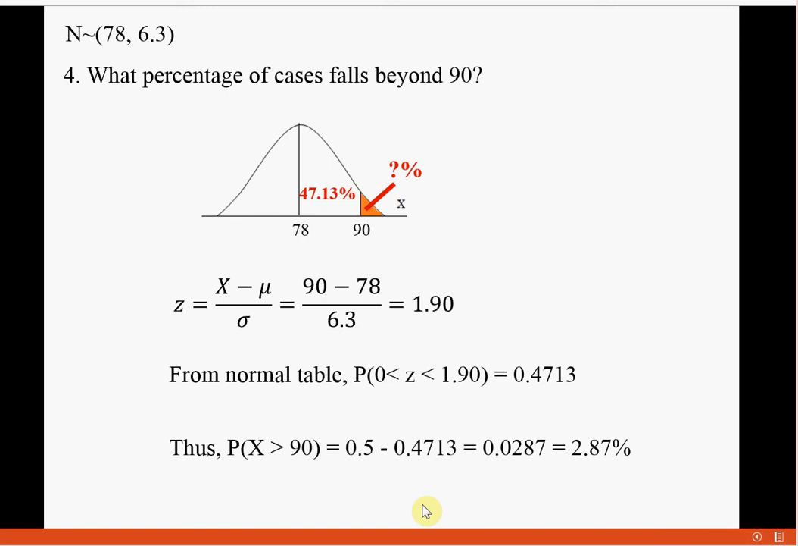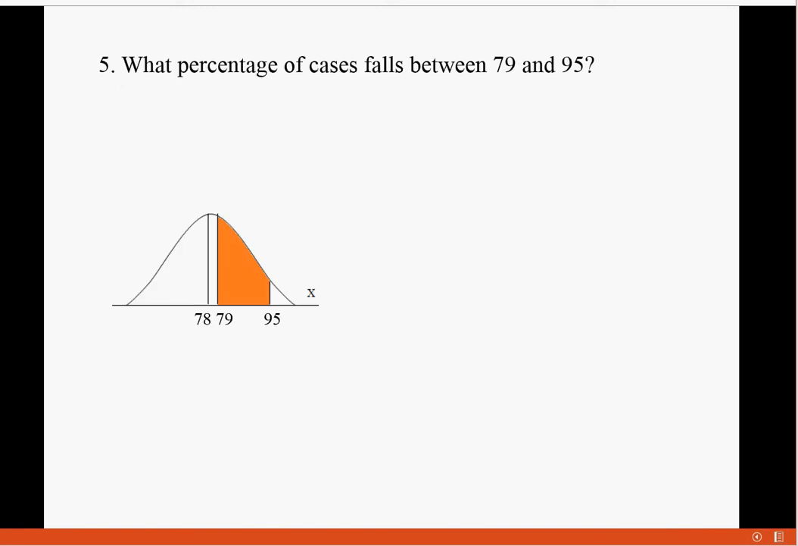So the percentage of cases that fall beyond 90 is 50% minus 47.13%. The result is 2.87%. Question number 5. What percentage of cases fall between 79 and 95? Again, in this distribution, we have two known x values here, 79 and 95. Now, what percentage of cases are within this interval? And again, we first convert 79 and 95 into z-scores